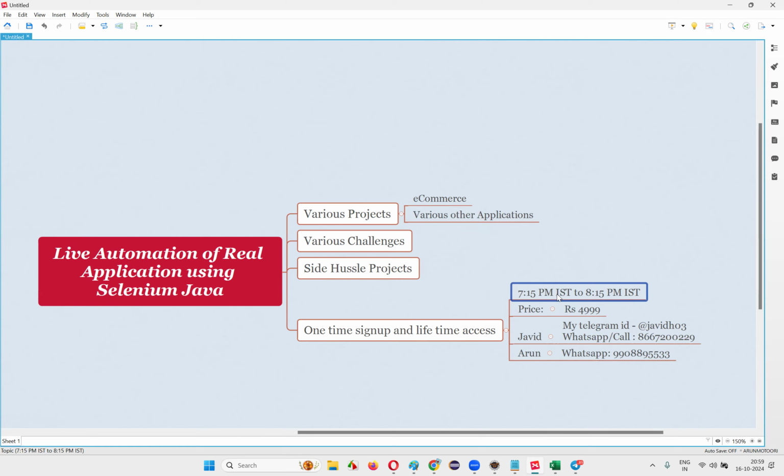I want to ask about the weekend crash course. Will it cover all the topics? Yes. The weekend crash course is the main way we are going to cover a lot of other stuff. Since we are pending on API and all those things, we are planning on weekends only. So that's the plan.